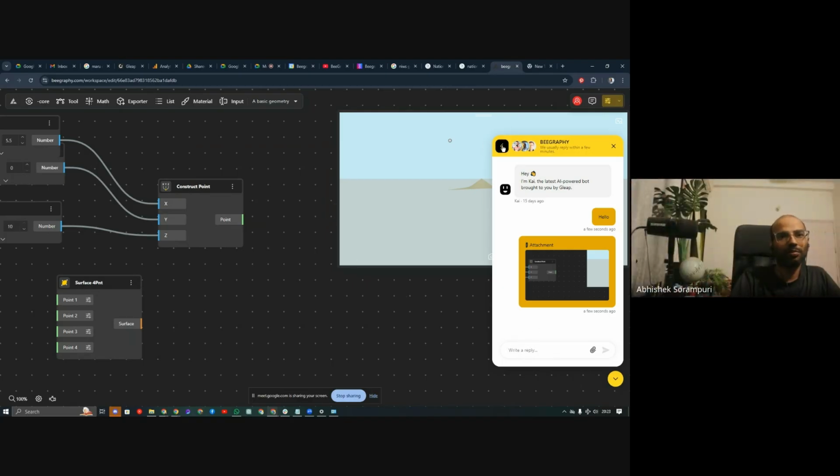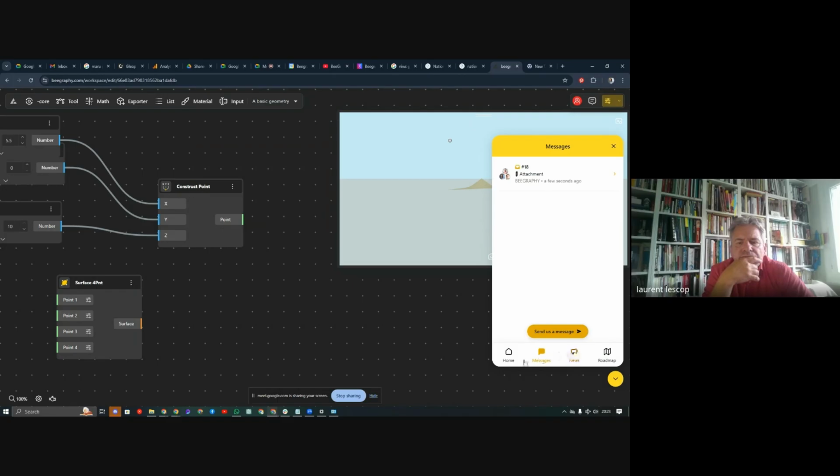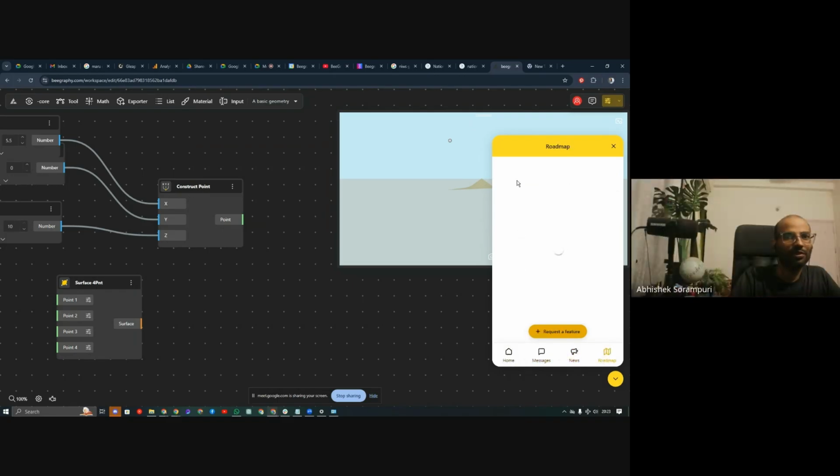So I can report a bug, and once that is done, you can view it in the roadmap. It will appear over here, showing what the planned feature requests are. We just launched, so we do not have much as of now, but you'll be able to locate what is planned, what is in progress, and the status of your particular feature request.